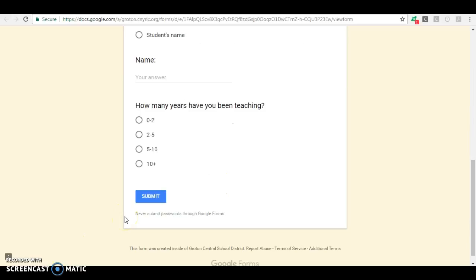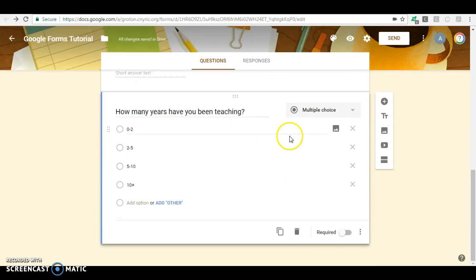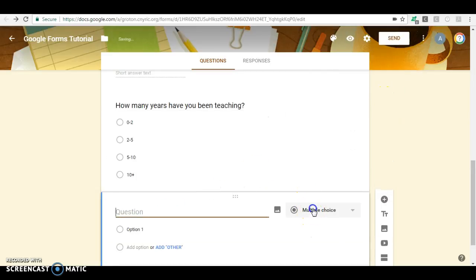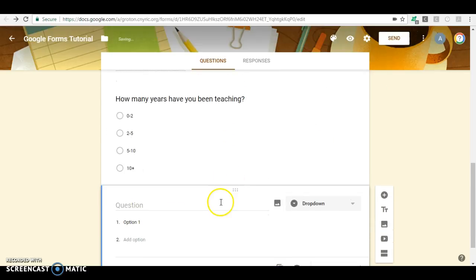The next questioning option I would like to go over is drop down. So if we want to add another question here, and now we want to use the drop down option, my question is going to be, what level do you teach at? And again, I'm going to give you guys 4 options: